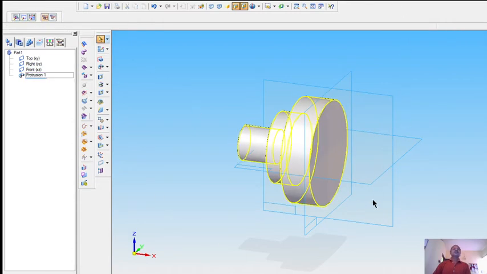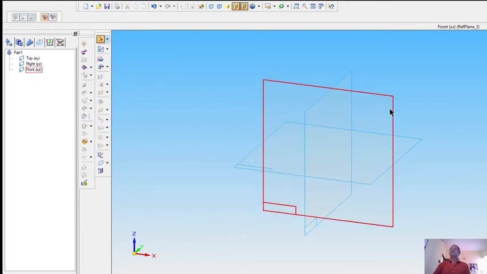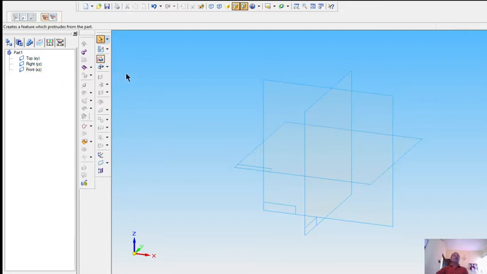So the next command is here adding draft. So adding draft, it means it is the process of making an angle to the selected feature or selected model. So to make that, first create one, take the protrusion,